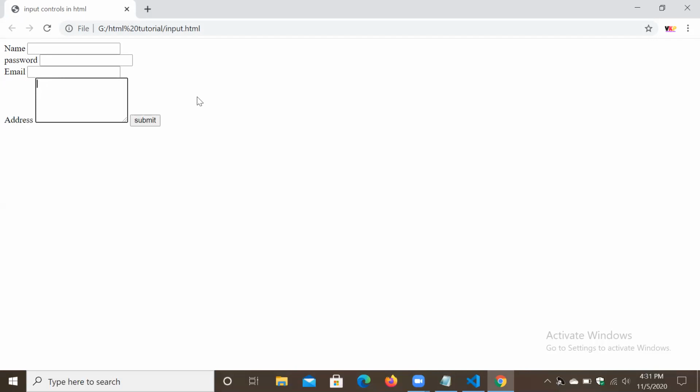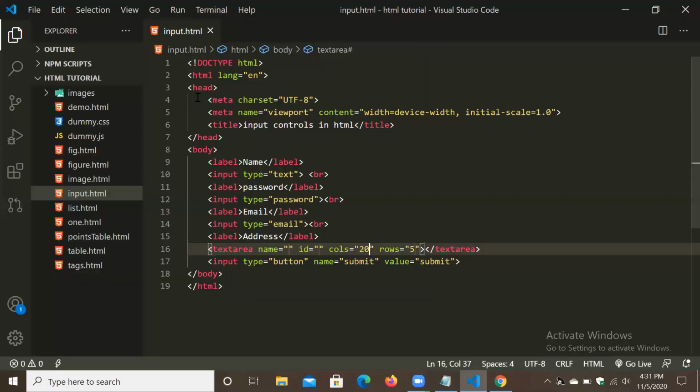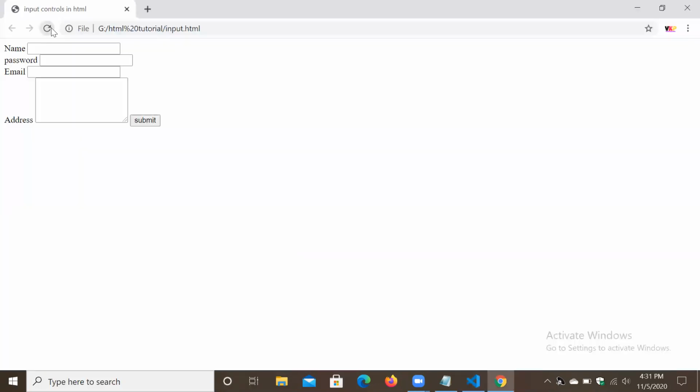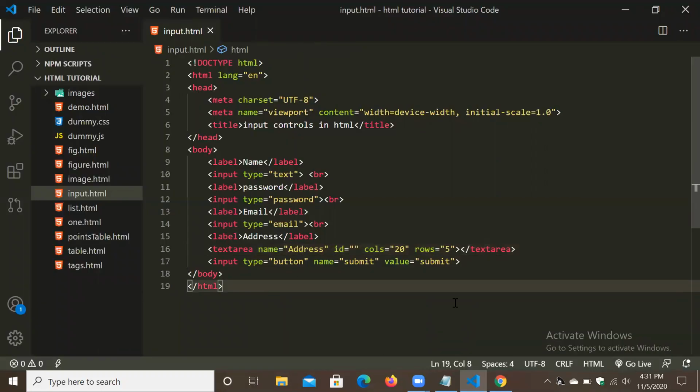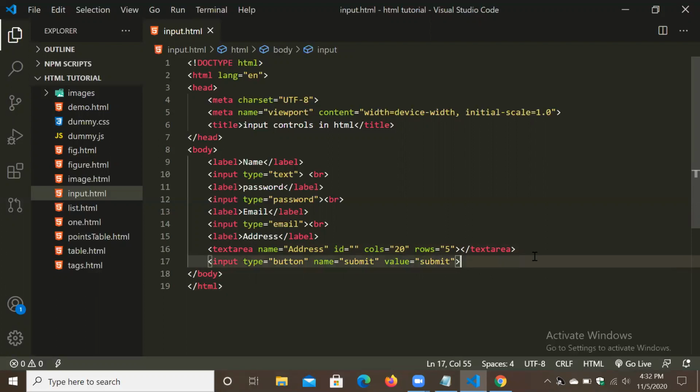The size reduced now. So this is how we can control text area. Okay. Now we will try to give some name, address. Okay. Refresh. Okay. So we can assign id to it also.